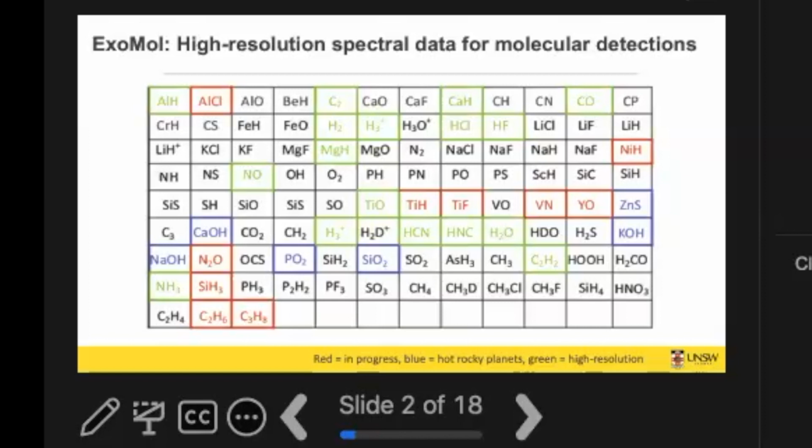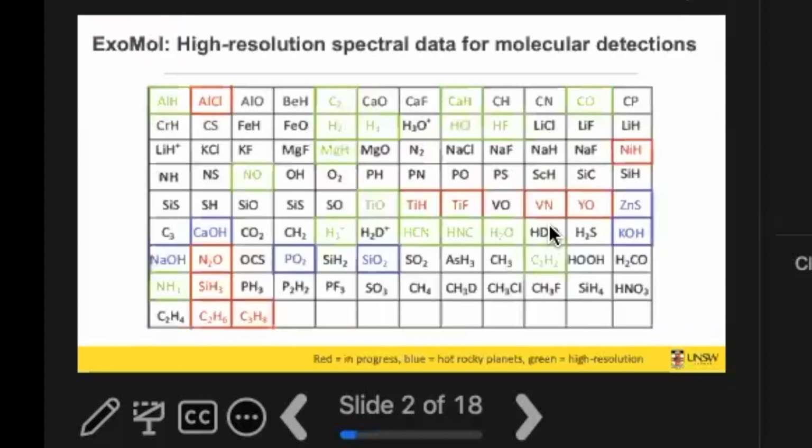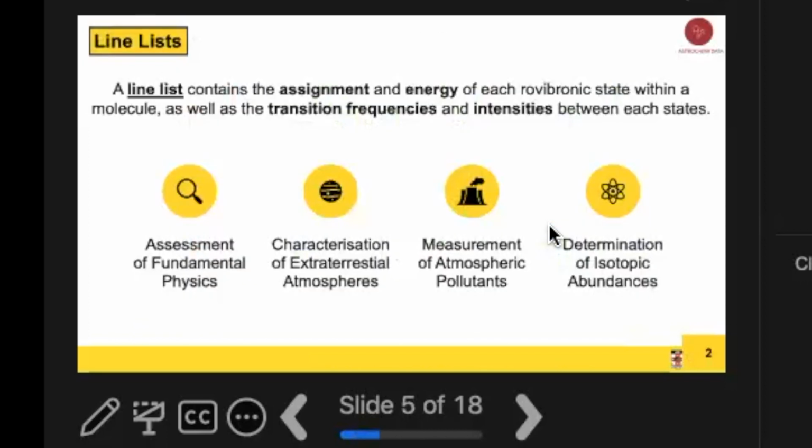So, yeah. And when I say what data we've got, I'm going to talk to you about the really high resolution stuff. My student is going to talk to you about some medium resolution stuff that goes beyond this sort of 50 molecules up to something like 2,500. But when you're doing the high resolution stuff, you're looking for something called a line list, which is literally a list of every single energy level of a molecule and the intensity of the transitions between them. And what I mean by this is millions, billions of transitions.